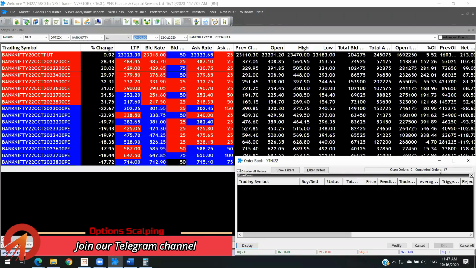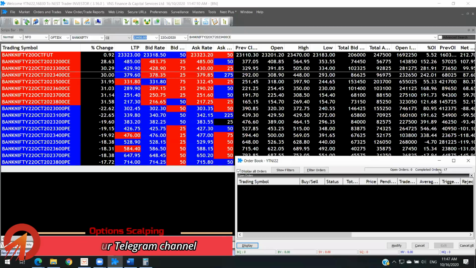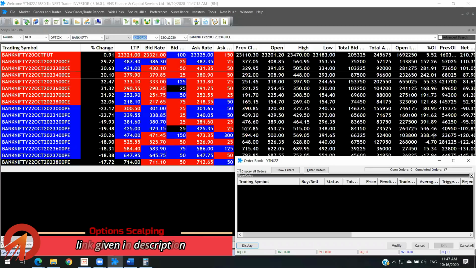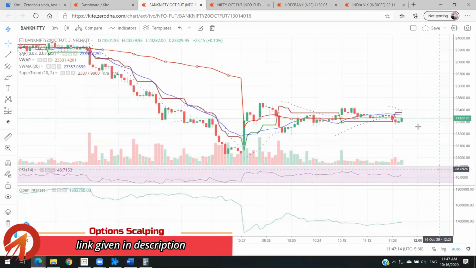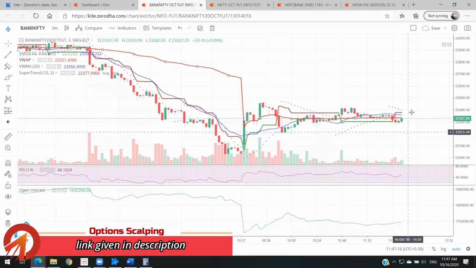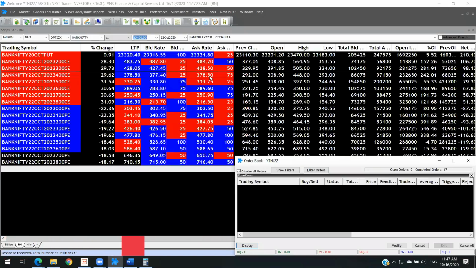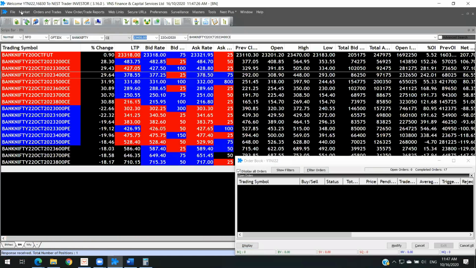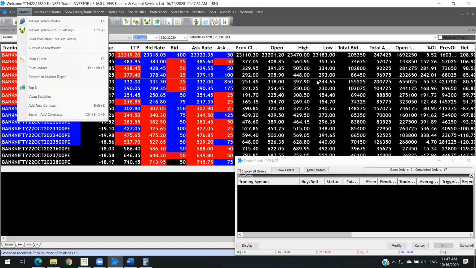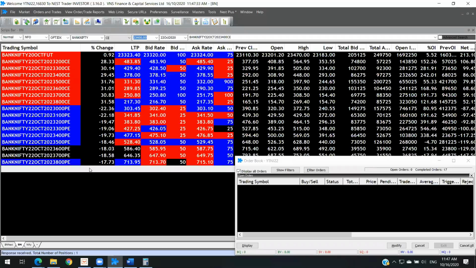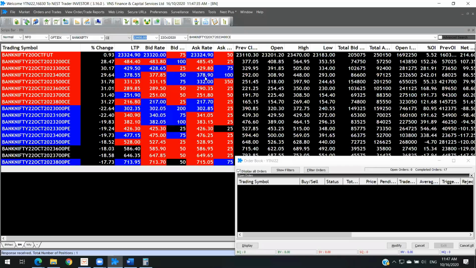As of now, the market is again making a small move and taking support at the super trend level. Look at this, and then it makes its move. But I think ChartIQ is giving a clear view, and TradingView is still showing it well above. Anyway, forget it. Now, we have seen how to create a market watch, how to add the strikes to the group, and then the next one, how to place an order.